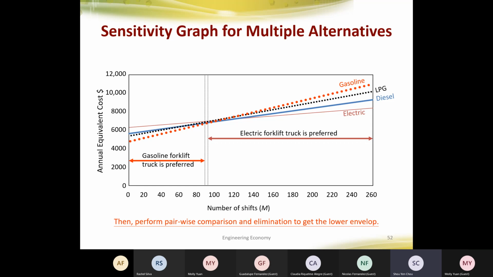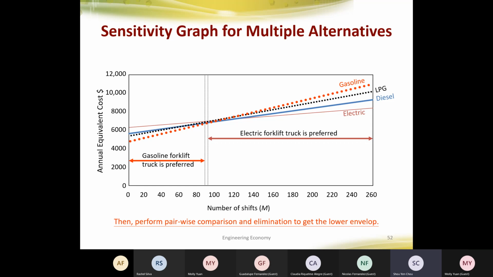But somewhere in between, somewhere here, they have some intersection. Here it's probably indifferent. Either one will be good. But before this point, one will be better. After this point, the other will be better. Here is a little bit confusing. This is just a small portion, but it's quite close, so probably it's still okay. But if the number is significantly smaller, then gasoline. If the number is bigger,